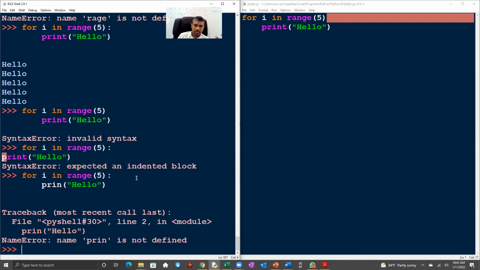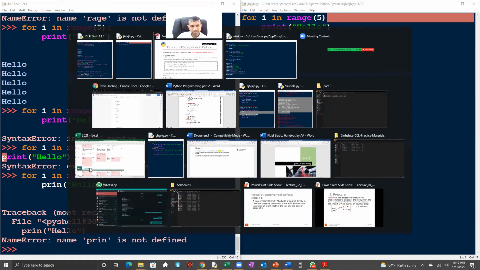But somewhere when there is an error, you will end up with the program stopping. Now, in this case, print is not properly given. It is called a name error. It is not a syntax error. During the runtime, this error occurred. For example,